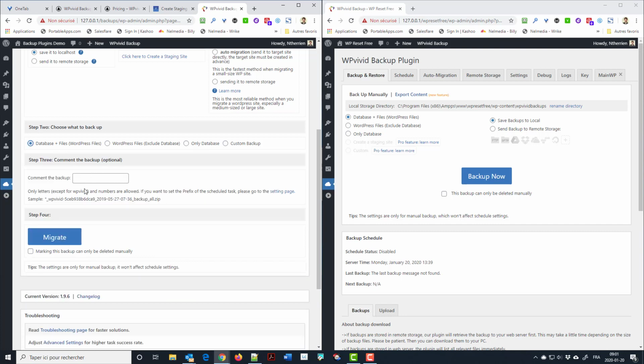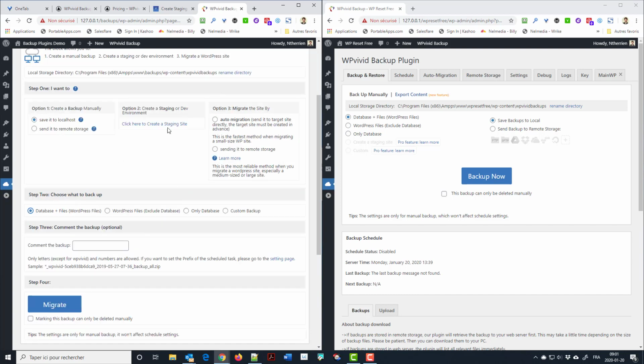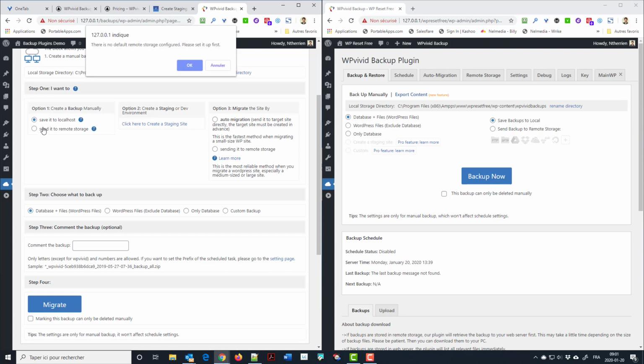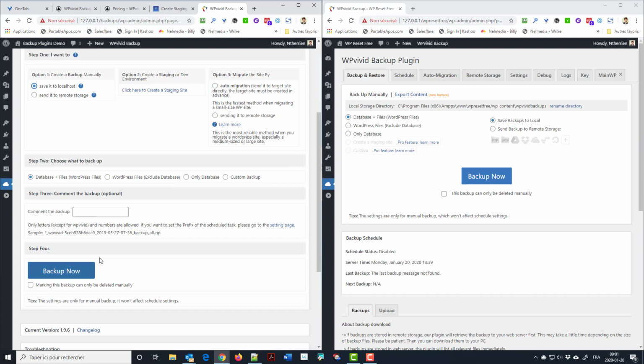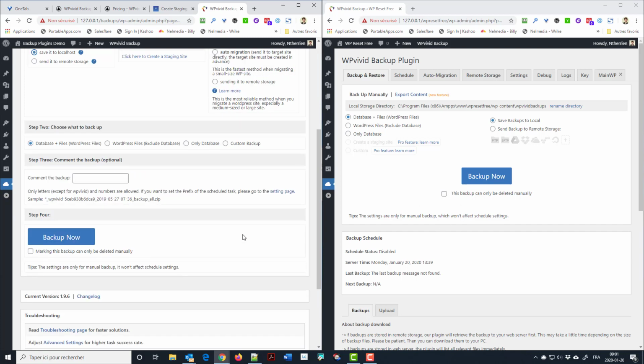Then you can add a comment to the backup, which is not the case in the free version. And of course, you just click on migrate, or in this case, I want to save it. Okay, because I had clicked on that, it was saying migrate instead. So you can click on backup now, and you can check that checkbox here, both on free and paid version,